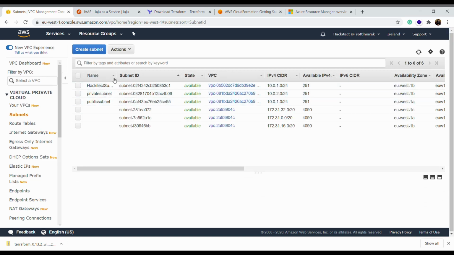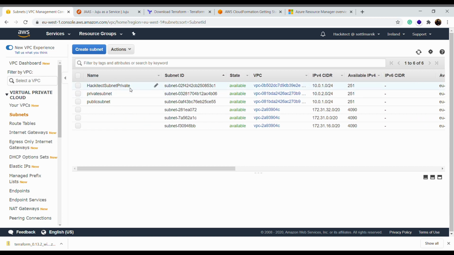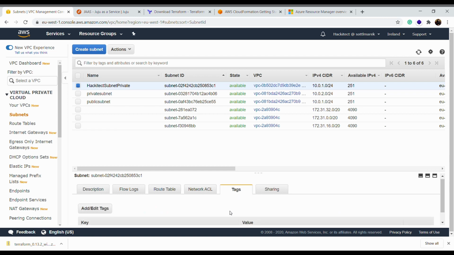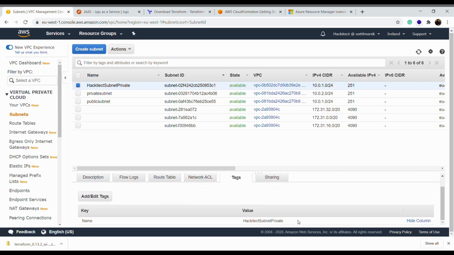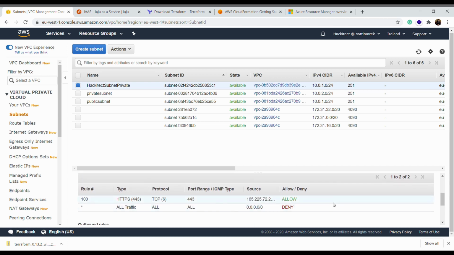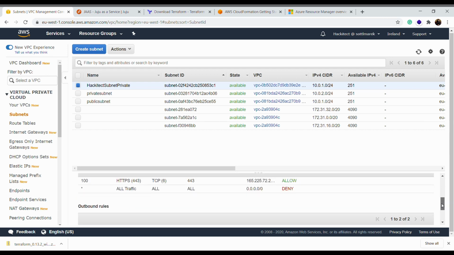Then I should go to the subnets. In subnet, there is the architect subnet private, if you remember that I changed the name, and if I look at tags, here is the private subnet, so it's in the tags, and that's basically the CIDR here. And if I want to check the network ACL that I was looking for, because I assigned it only to my subnets, it is here.